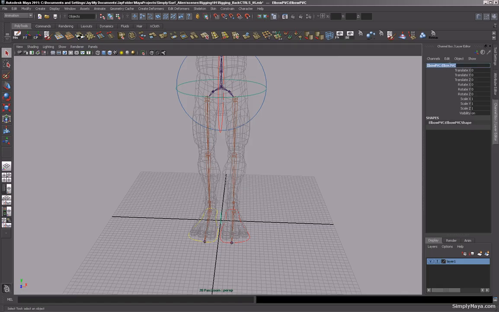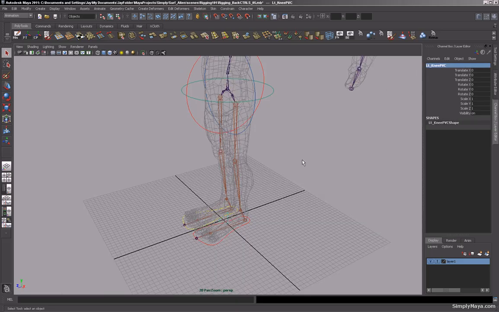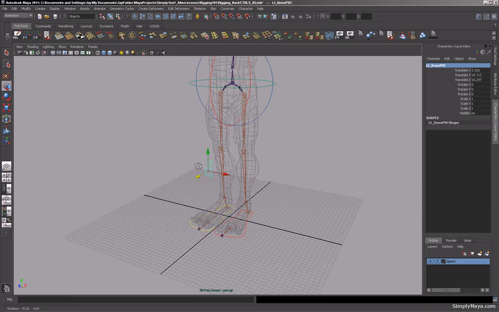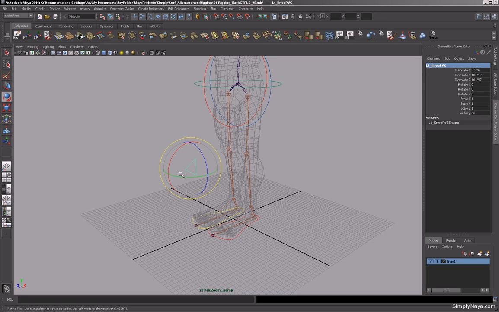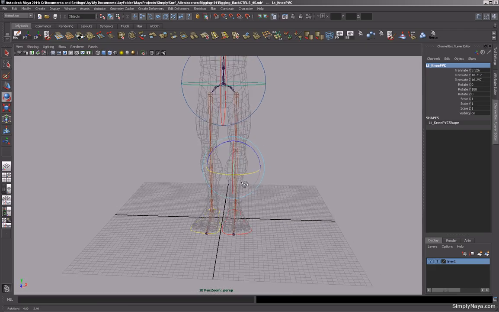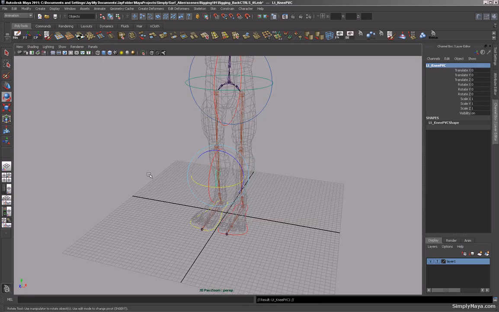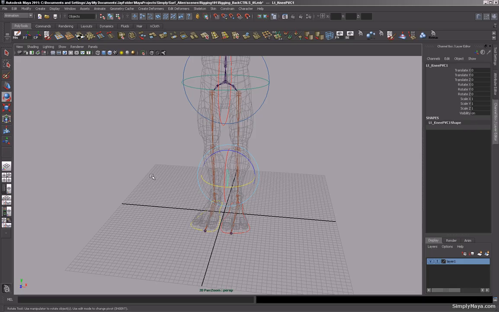So we'll just call it left knee PVC, LT underscore knee PVC, and we'll just move that out to the front here, and actually we'll snap that to the knee, there we go, and we'll just bring that out, and bring that round, and let's rotate that with J. There we go, that's all done. So that should be at 180. Freeze that out, okay, and Control D to dupe that,